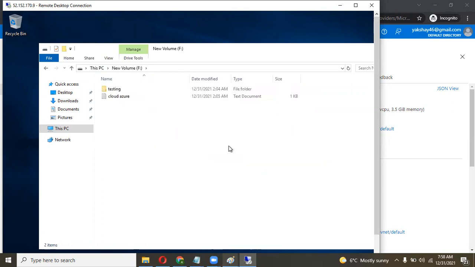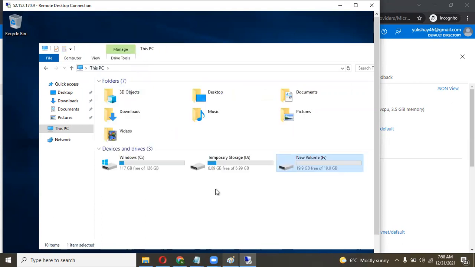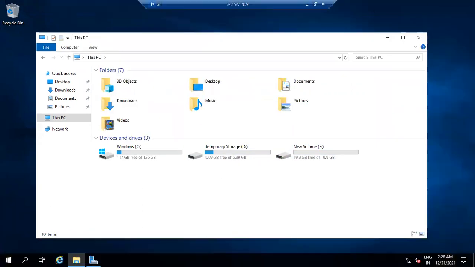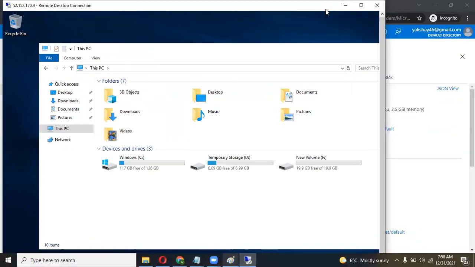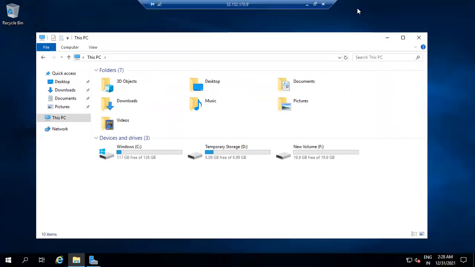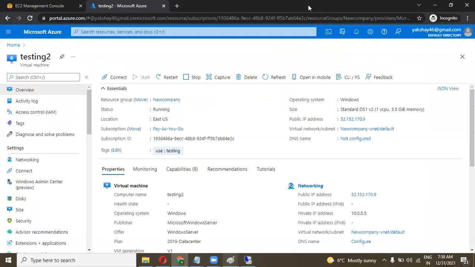Okay. Got it, Sandeep and Musa? Yeah, Akshay, one small doubt. If we do restart or reboot of the VM by going directly inside the VM, then we will get our temporary data. Yes. And if we do the restart from the Azure console, then also we will get the temporary data. Yes. But if we do stop from the Azure console and start from the Azure console, then we will not get our temporary data.